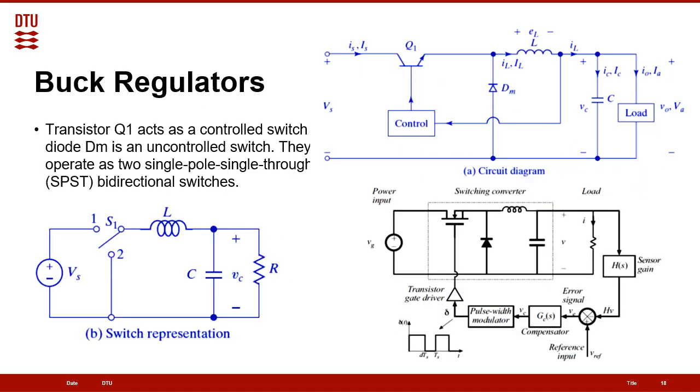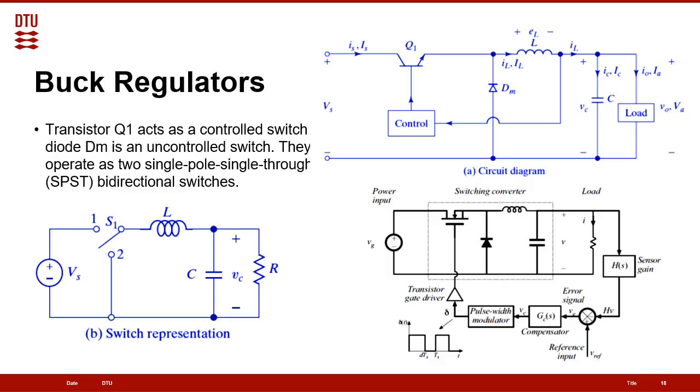So here we can see that we have a buck regulator. We have the same structure for the converter, but here we just added a sensor to measure the voltage, and we have our reference. Then we have the compensator, or the PID controller. Then here we have the pulse width modulator. Then this will be sent to the driving to the gate, or to the drive circuit of the switch,